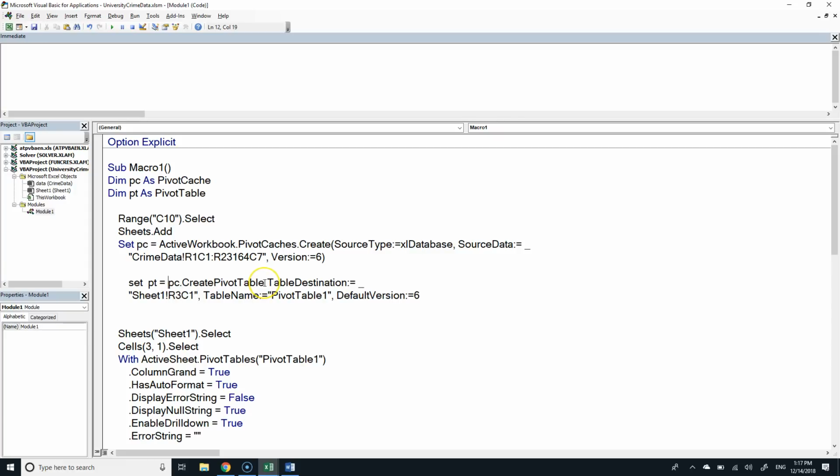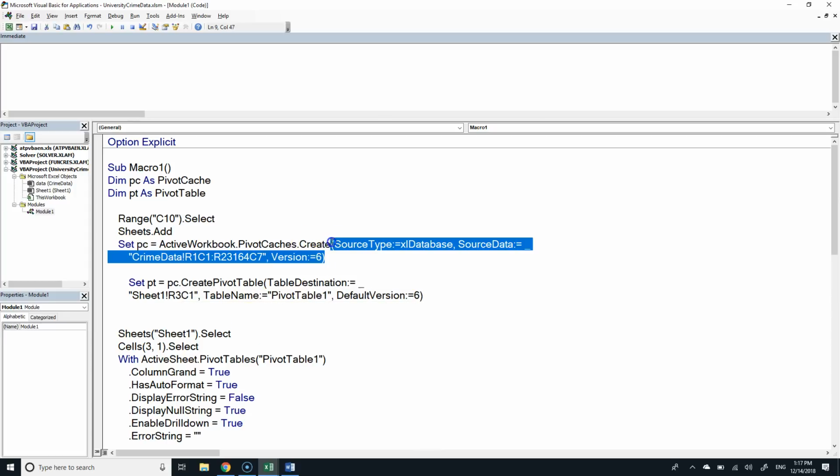So CreatePivotTable is going to return a reference to the pivot table that's created, and we're doing something with the response from it. What are we doing? We're just capturing it. We want to take that reference and put it into a variable. So what do we have to add? We've got to put parentheses around the argument list. It's a little bit weird because there were parentheses around the argument list here because we were doing something with it. What were we doing before? We were calling a method of that object. In this case, there weren't parentheses because we weren't doing anything with the result of the CreatePivotTable method. But now we are. We're holding it in a pivot table object.